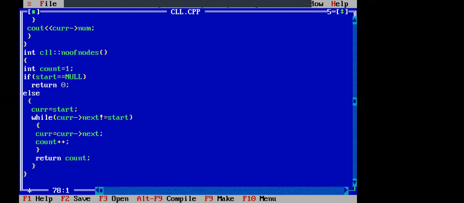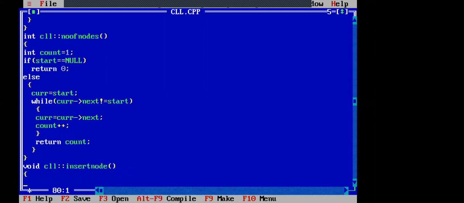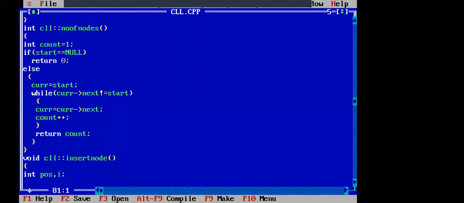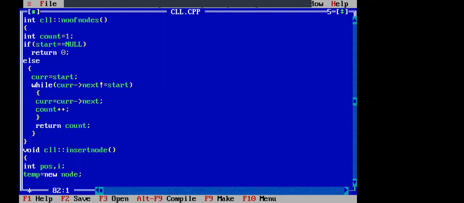Then we go for void CLL colon colon insert node, int position. First of all, you have to allocate the storage. How to allocate: temp equal to new node. After that, enter the value. Cout enter the number.